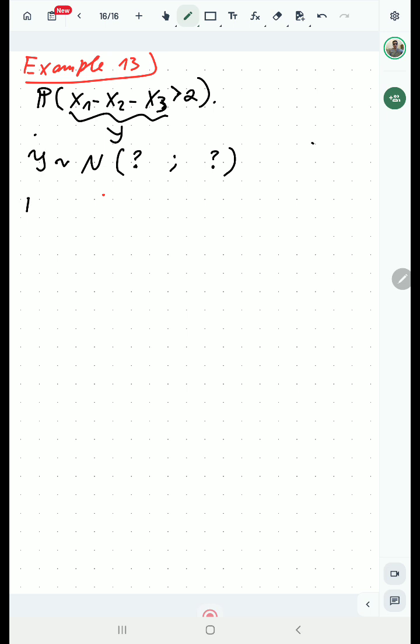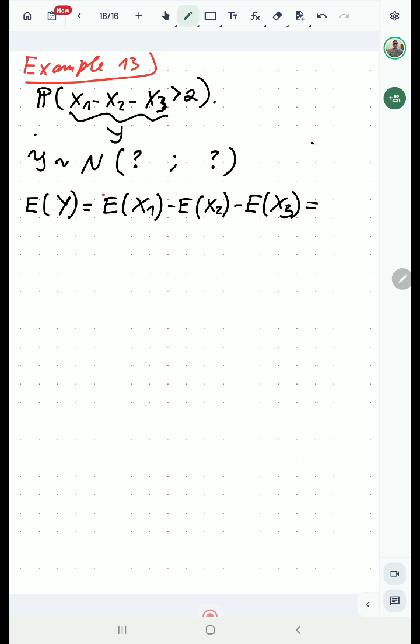Okay, for that we can use the expectation of x1 minus x2. Maybe I should start with y. So expectation of y is actually equal to expectation of x1 minus x2 minus x3, but we can apply expectation to each additive term separately, and that is going to give us